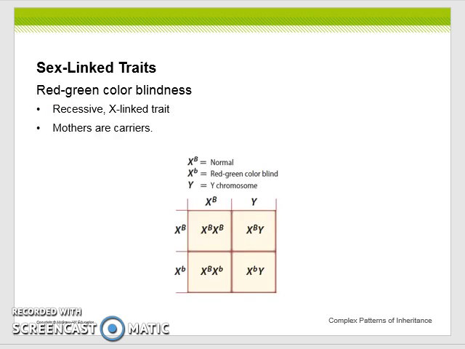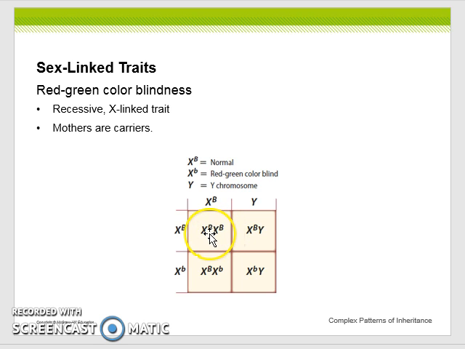For example, red-green color blindness is a recessive X-linked trait. The mothers are typically the carriers, and because of that, pass it on to their sons. So here the X is representing female, and the B is representing whether it's normal or color blind. As you can see, capital B stands for normal in our legend, and a lowercase b stands for color blindness. Okay, so if we look at the offspring where there are 4 available, we have a capital B